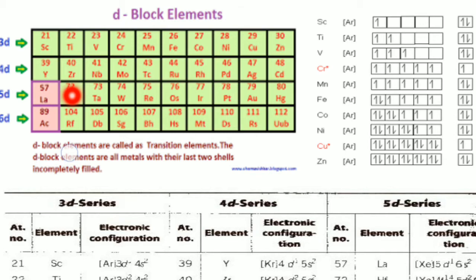Such kind of elements are called the transition elements. The elements which have incompletely filled d orbitals in atomic state or ionic state are generally called the transition elements. All d block elements are transition elements, but all transition elements,